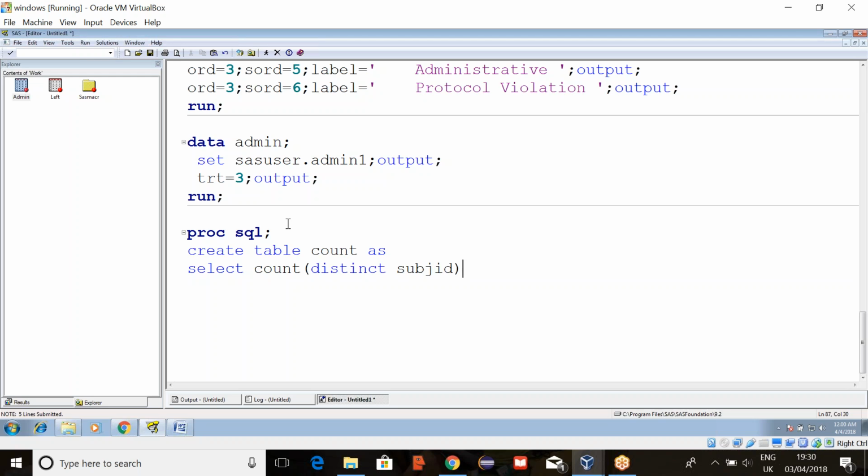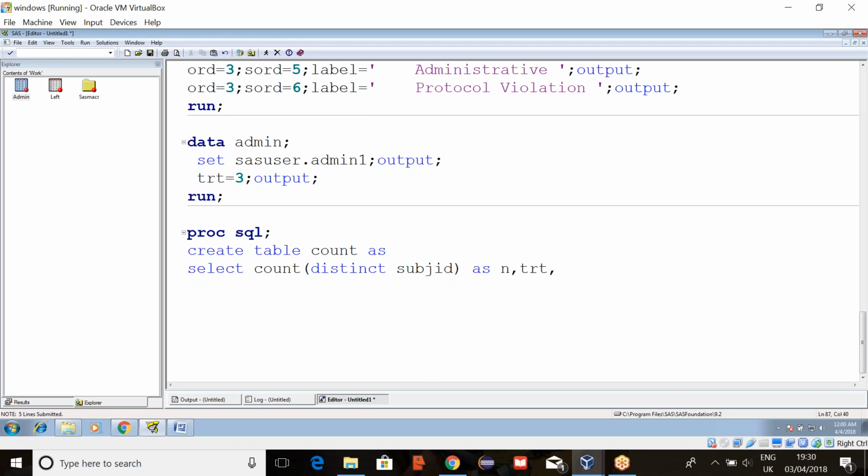Why am I using the distinct function? You don't want the duplicate copies. Yes, because we doubled the data, right? So it should not count twice. So as count or as n, and we want the treatment variable and create a new variable.